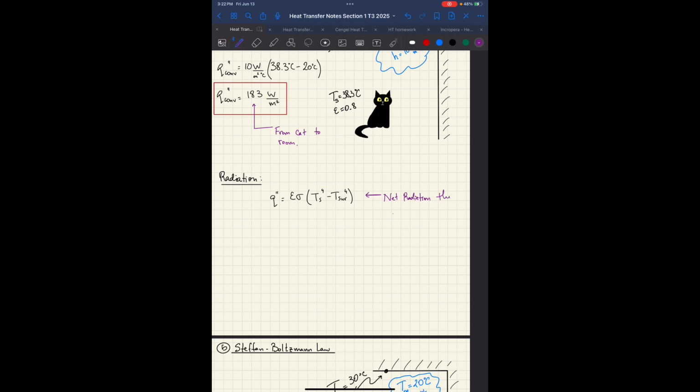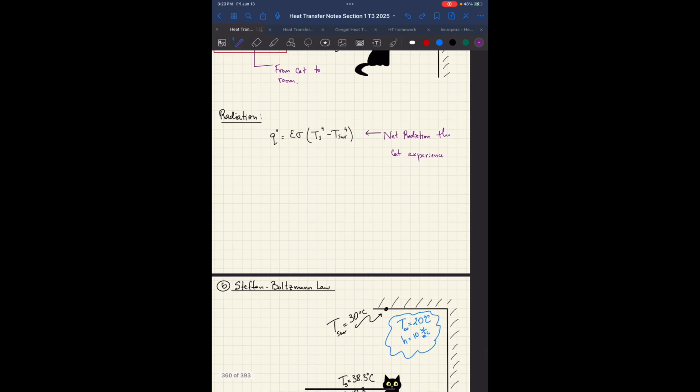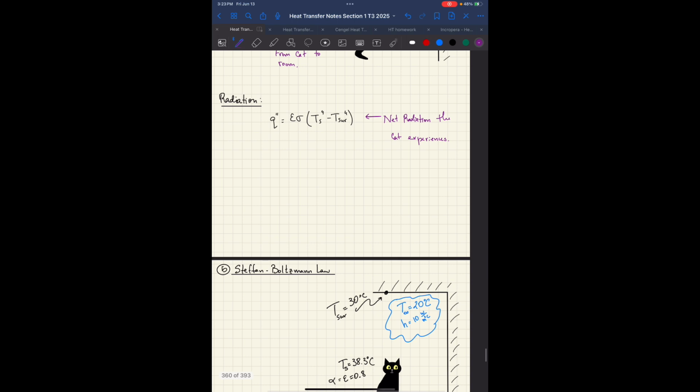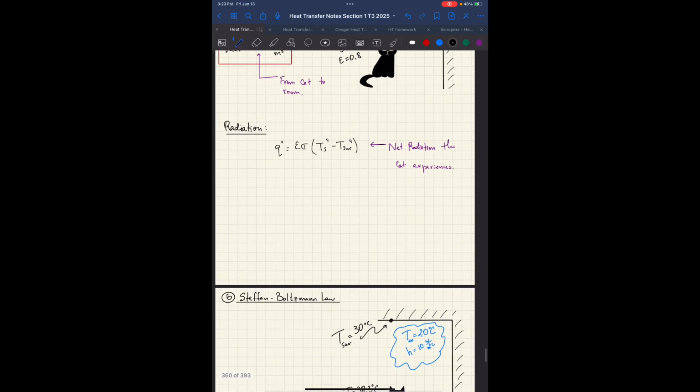radiation the cat experiences. All right. So basically this comes from the Stefan-Boltzmann law. So the Stefan-Boltzmann law for a perfect black body. So let's actually say here,